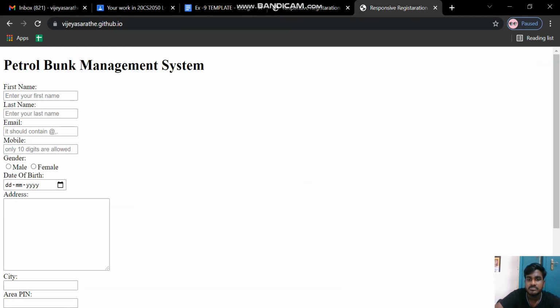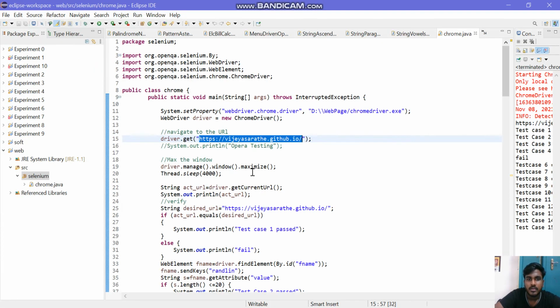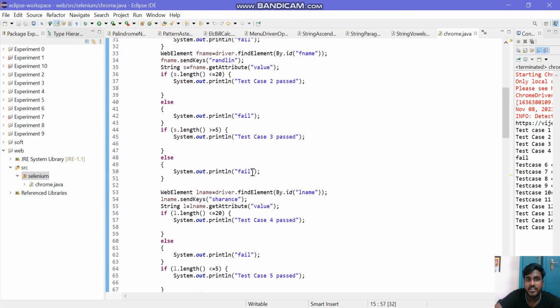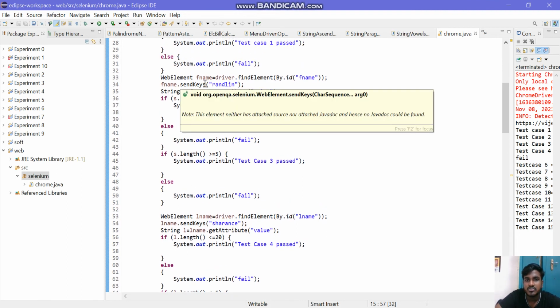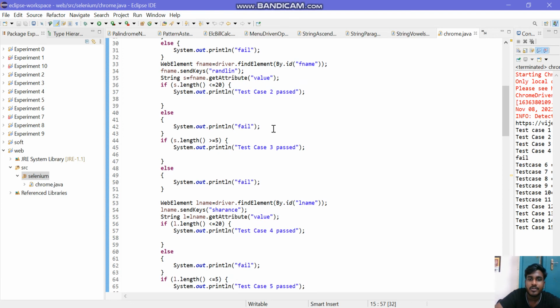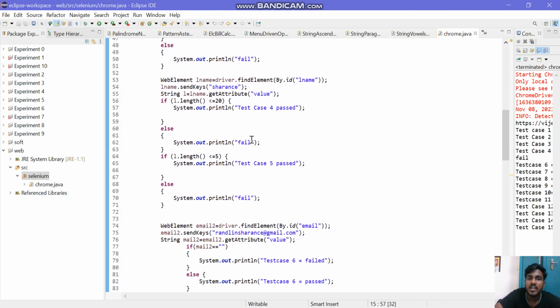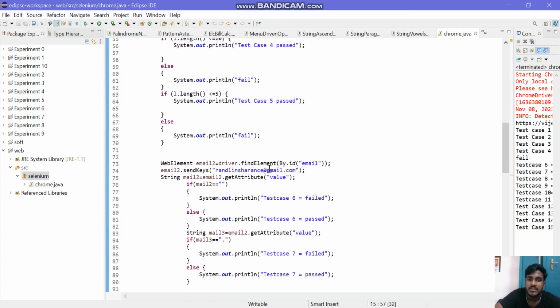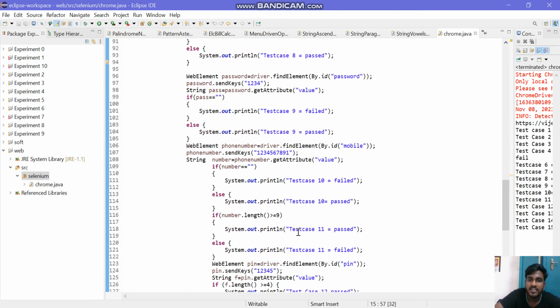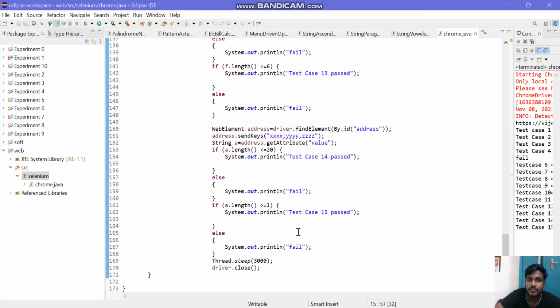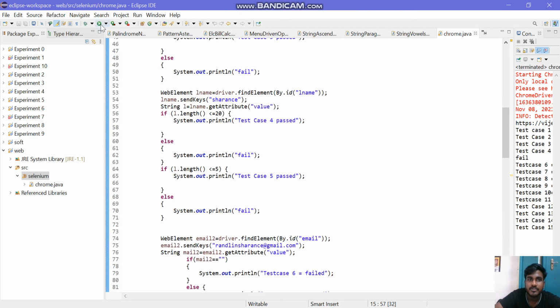See here, responsive, and I gave everything, test cases along with names, and sendKeys is used to send the elements. I mean send the variables, whichever we enter. So I give test case 1, 3, 4, test case 5, along with the condition I gave, fail, pass. So see here, test failed, passed, failed, passed. And until 6, 7, 8, 9, 10, 11, 12, 13, 14, 15 test cases I gave along with the thread. Now let's run this program.